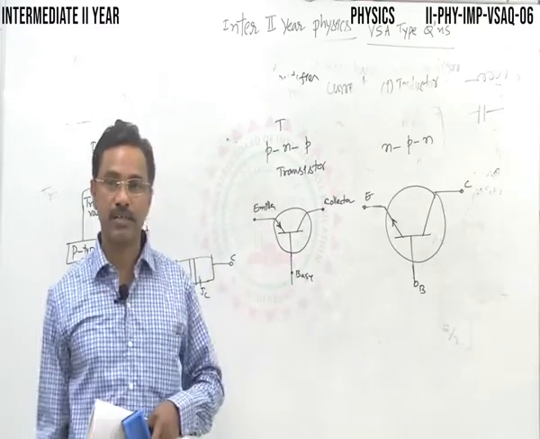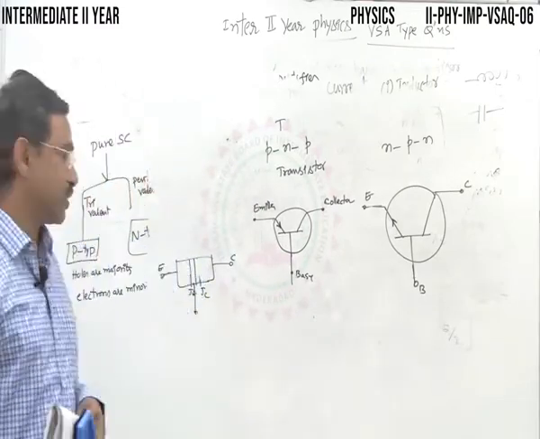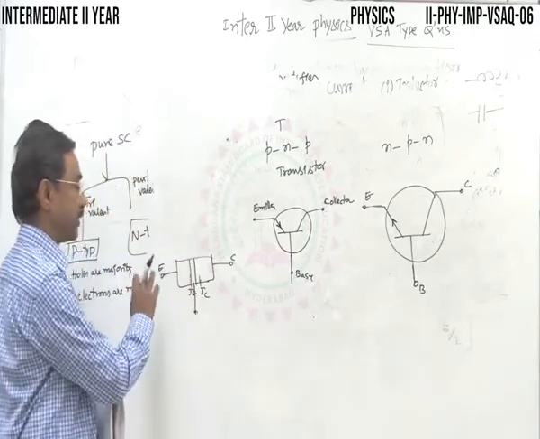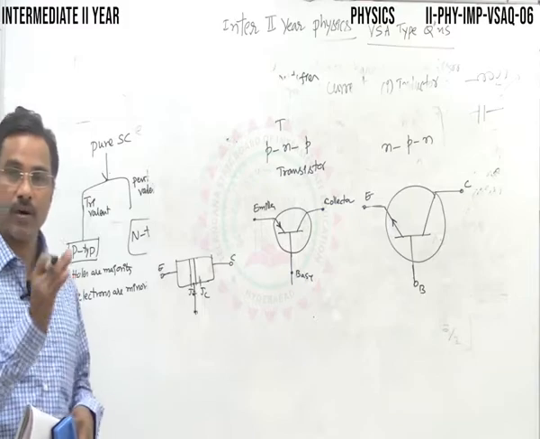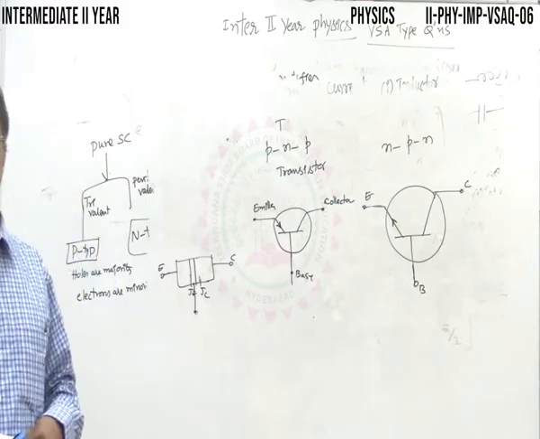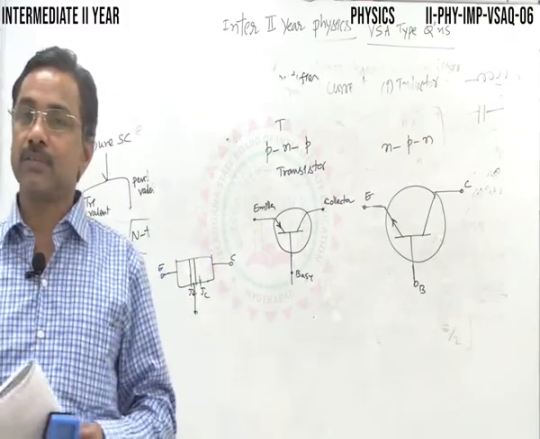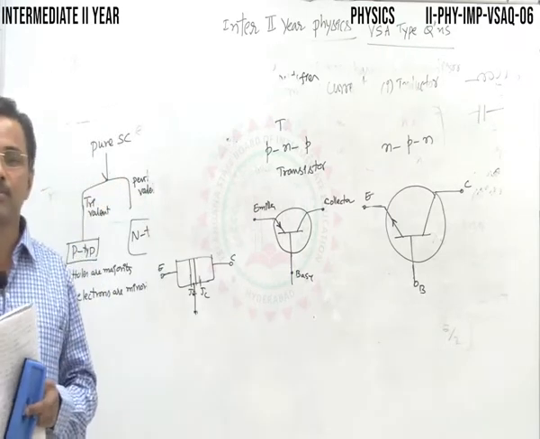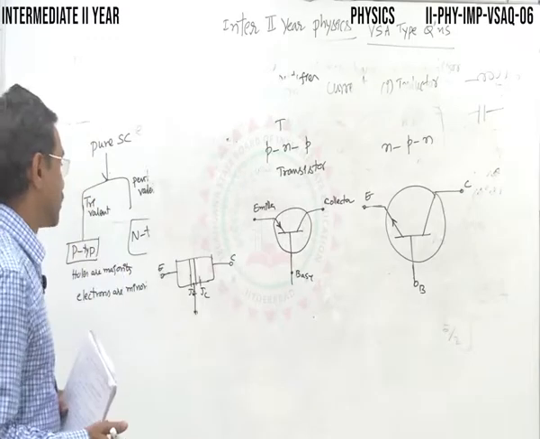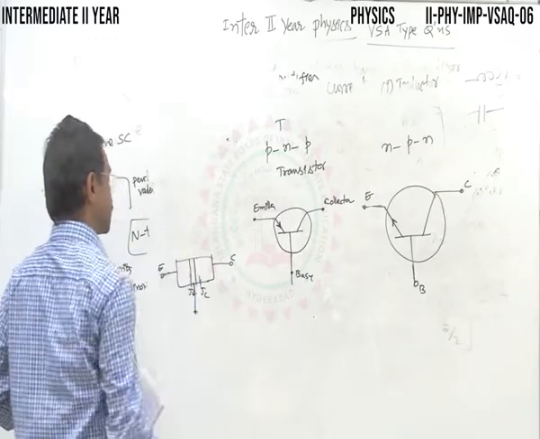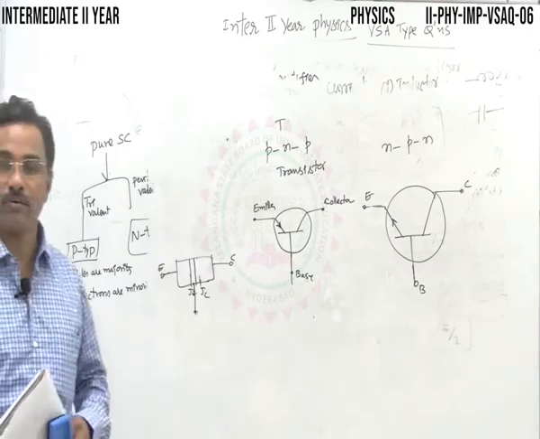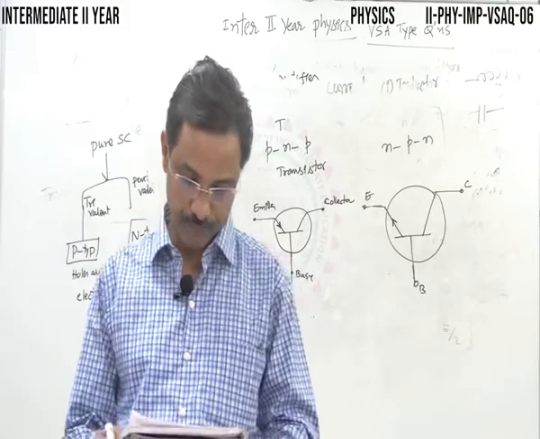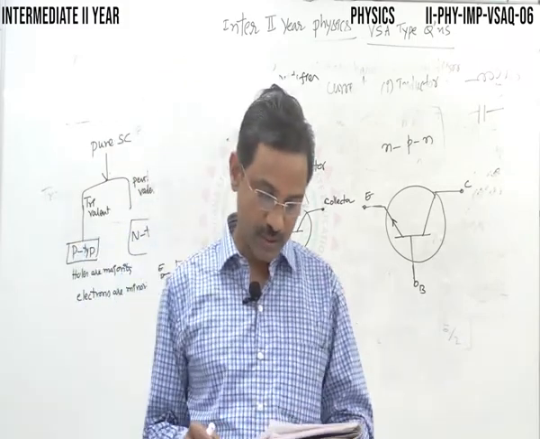A transistor is a semiconductor device with 3 terminals and 2 junctions, right? And 3 distinct regions, either P and P with N in between, or N and N with P in between, sandwich-like. So we don't take separate semiconductors and join them. They are formed on a single crystal like that. So 3 distinct regions with 2 junctions are formed. Transistors have many applications, such as amplifiers and oscillators. This is about the amplifier.